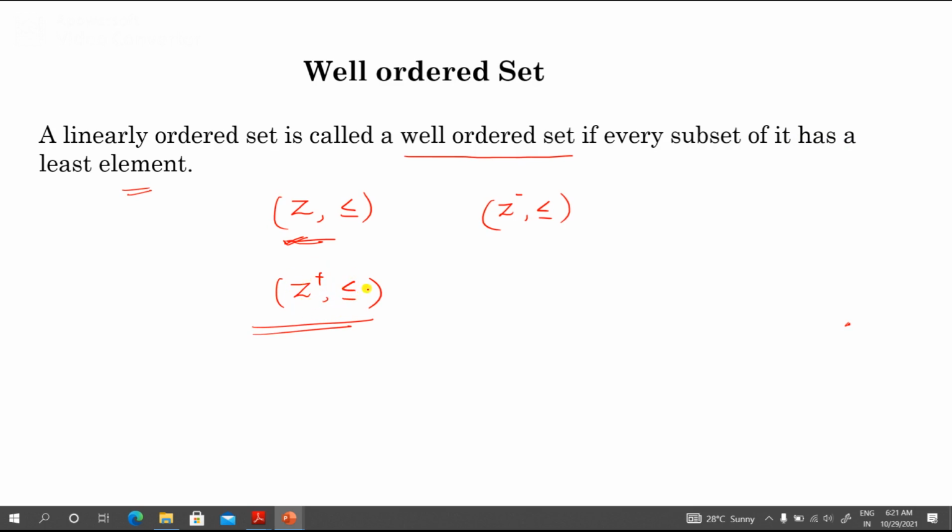If you choose any subset of this, you will get a least element. So a linearly ordered set is called a well-ordered set if every subset of it has a least element, and this is the example of a well-ordered set. Z is a linearly ordered set but not a well-ordered set. Z plus is linearly ordered as well as well-ordered.